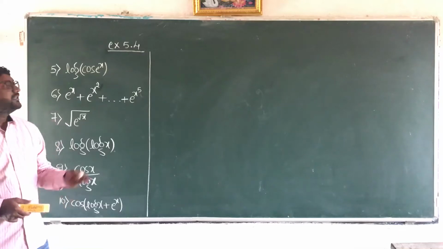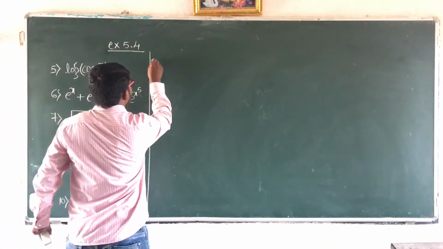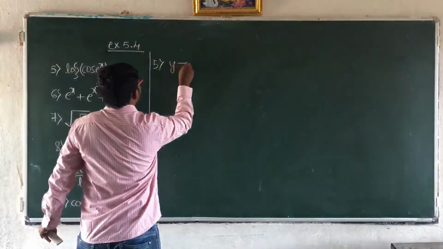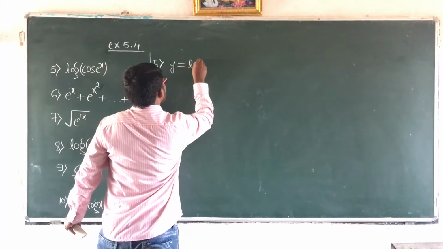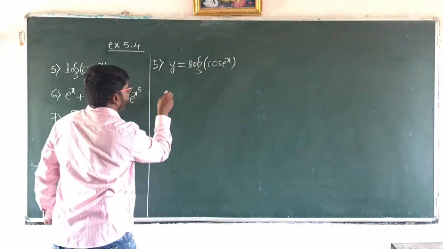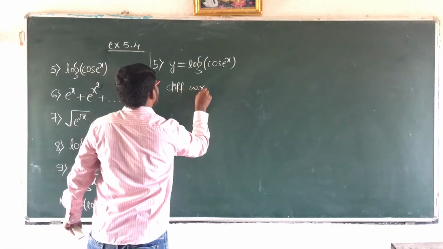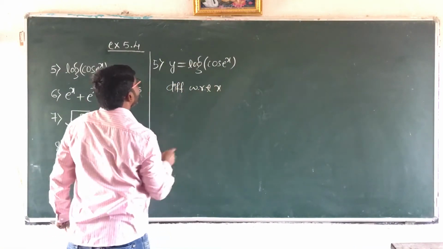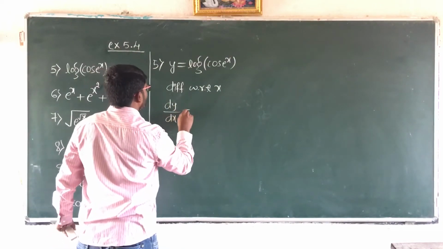Good morning, students. So let us continue with the next problem. See here, fifth one. y is equal to log of cos e power x. Now differentiate with respect to x here. Differentiate with respect to x, we get dy by dx which is equal to